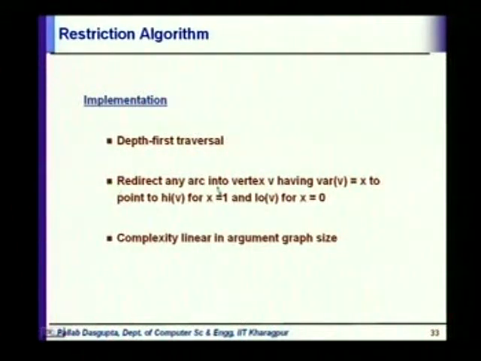It will redirect any arc into vertex v having var v equal to x to point to HIV for x equal to 1 and LOV for x equal to 0, right. What does this mean? Suppose you have a variable x which you want to set to 0,